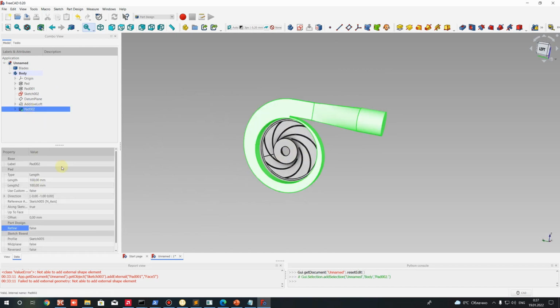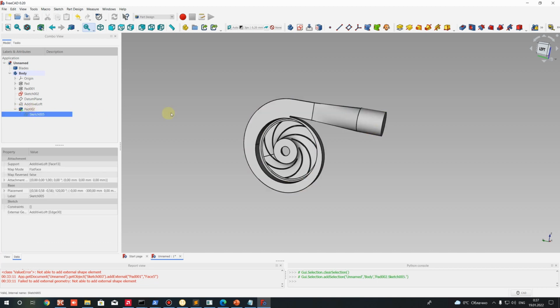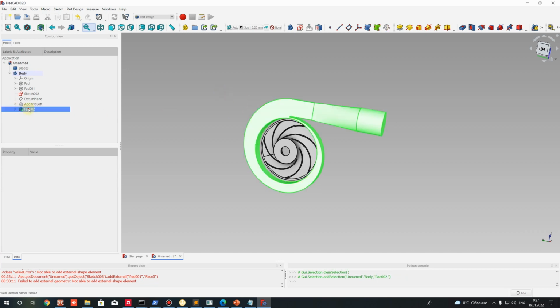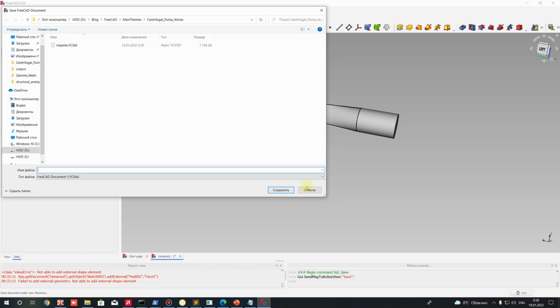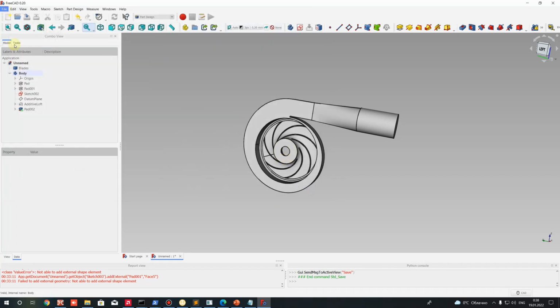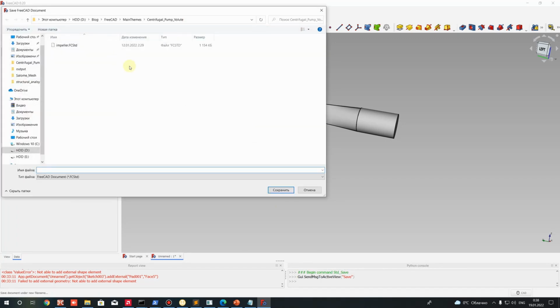Then we can also increase the cylindrical part. For this we can increase it, for example, to 1150. Okay,